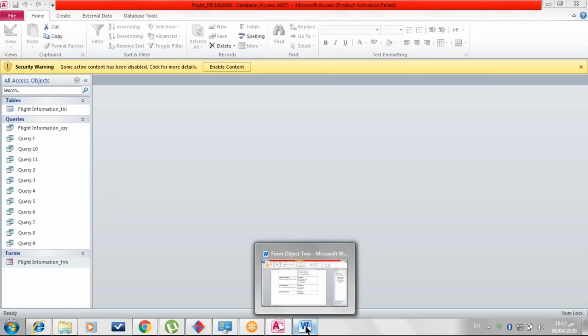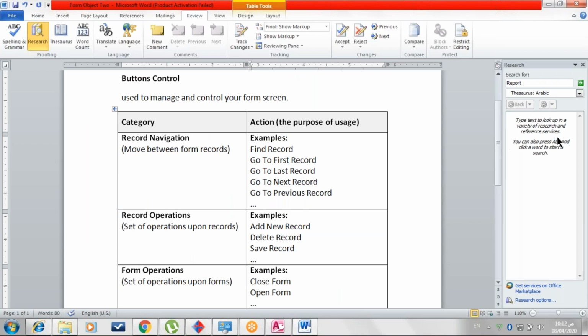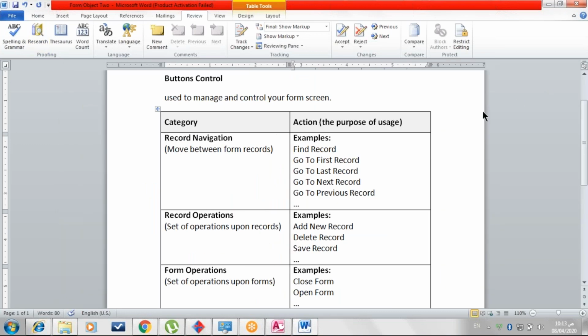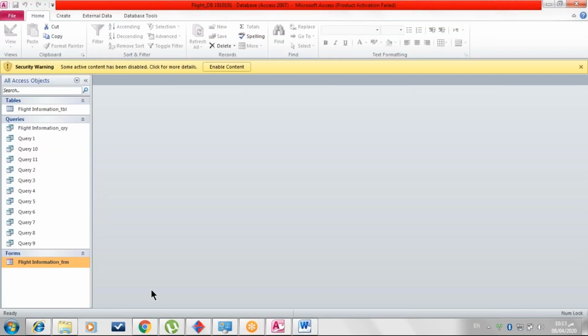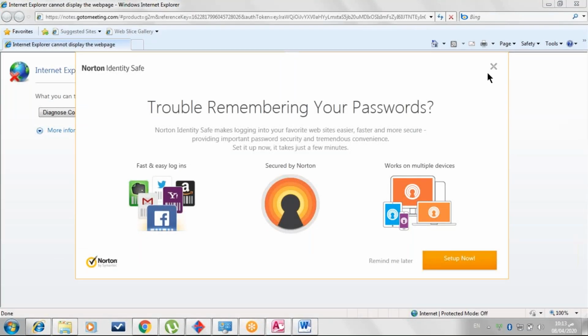Last time we talked about the form, and we said that a form is an interface. It's not intended by itself. It is just considered a gate to push your data to the table. And we finished creating one form in such a way, and I hope that you are remembering the steps to get and